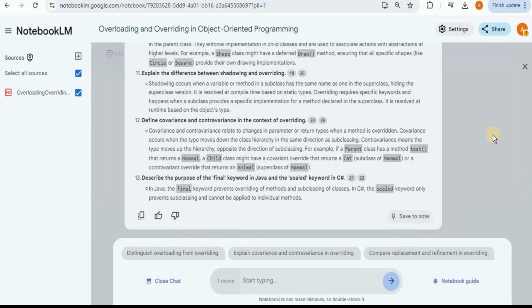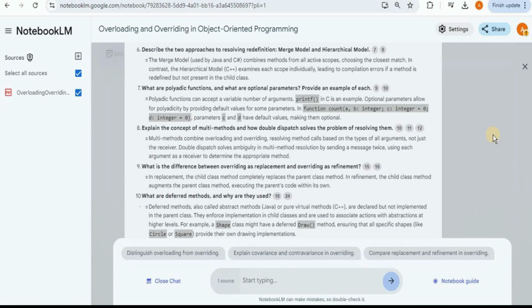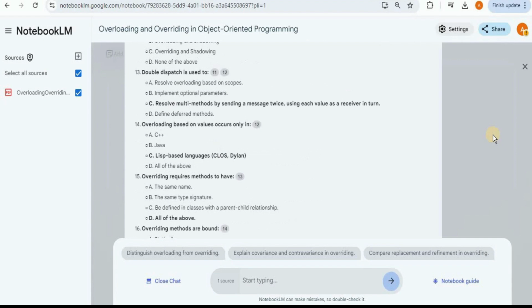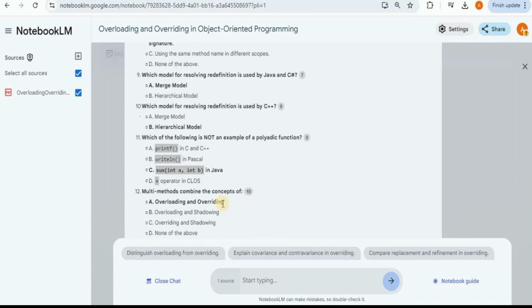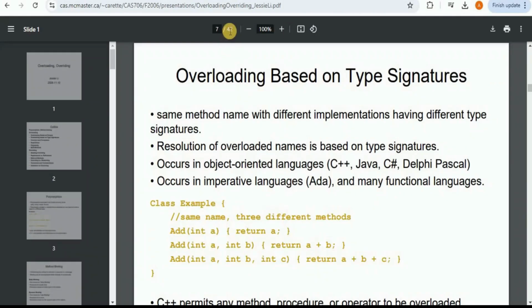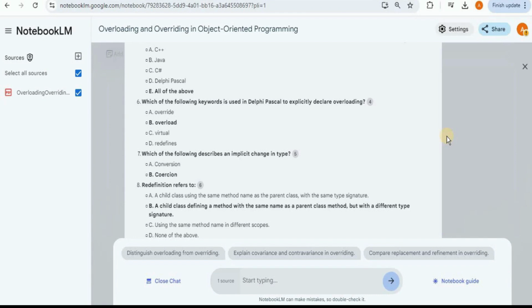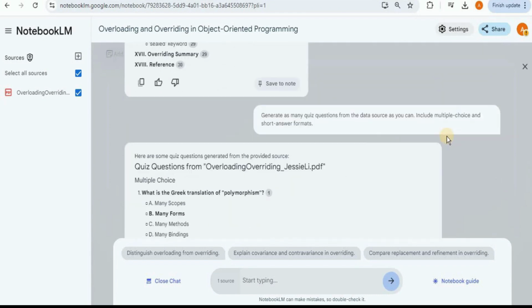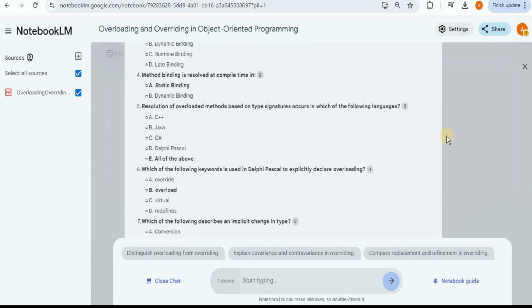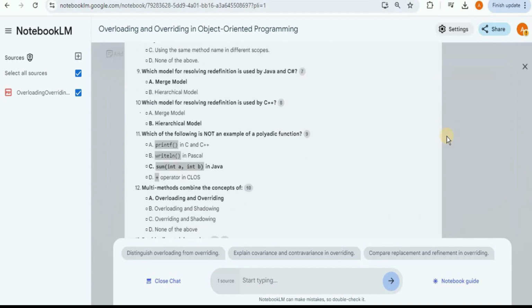And these questions have been extracted from the different topics which are being discussed inside the provided data source. So now, instead of reading the entire PDF file, which consisted of almost 42 pages, you can easily prepare for your test or exam by simply going through all of these questions, which are easily generated by Notebook LM. So in this way, you can use these amazing Notebook LM hacks to improve your efficiency and performance and get your work done in no time.